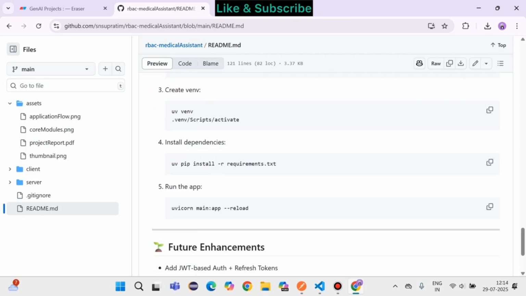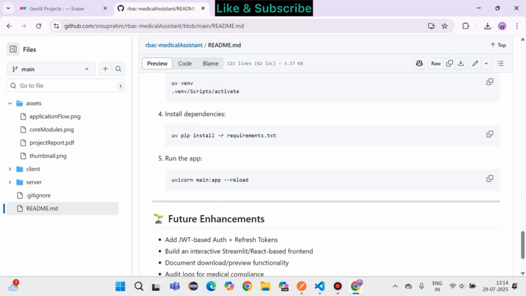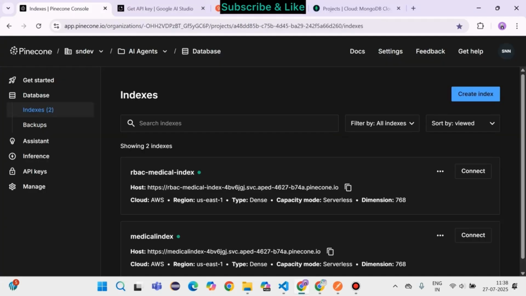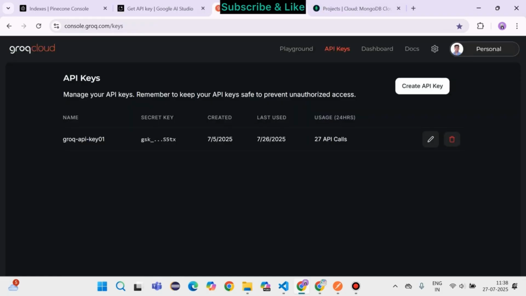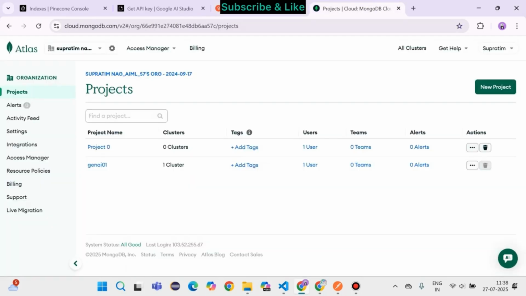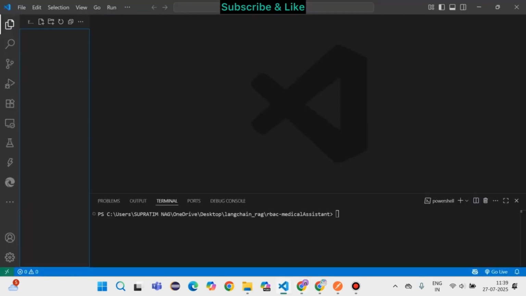Okay, all right, so now let's get into the code. We'll be using Pinecone for our vector database. We'll be taking Google API keys so that we can use Google AI Embeddings, and Groq for our LLM responses, and we'll use MongoDB where we'll store our users, which we'll use for user authentication, the sign up and login part. Okay, so saying that, I'll come here,